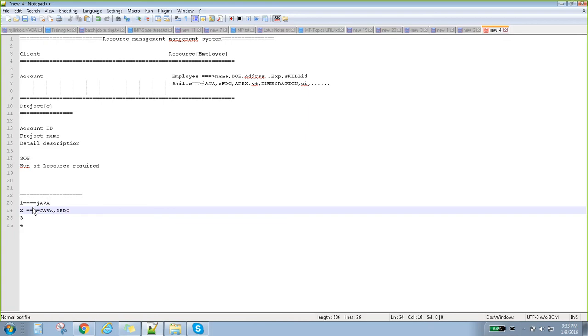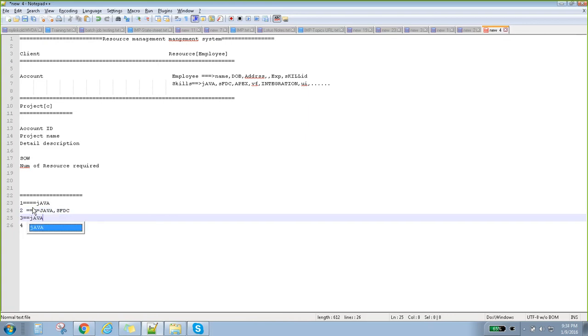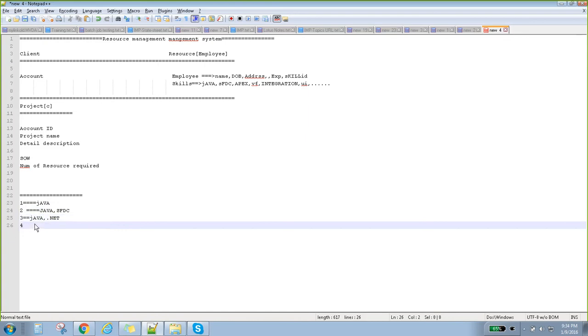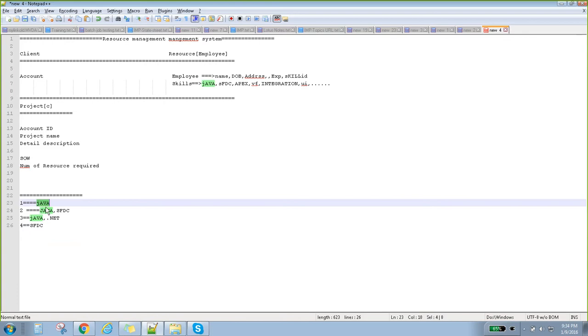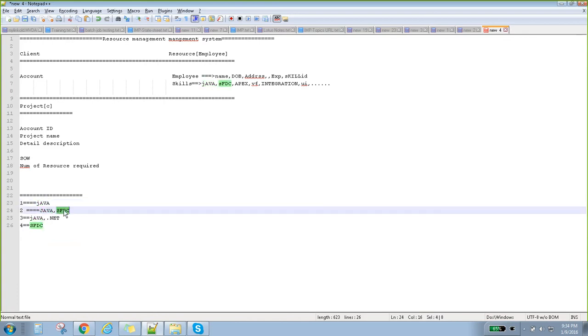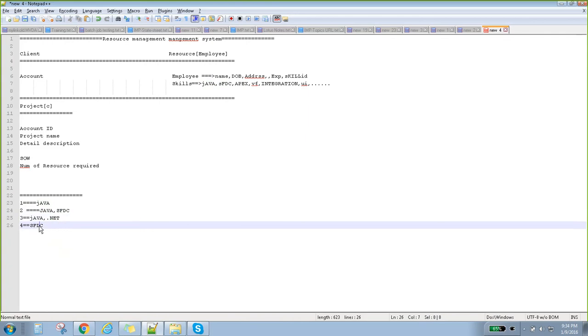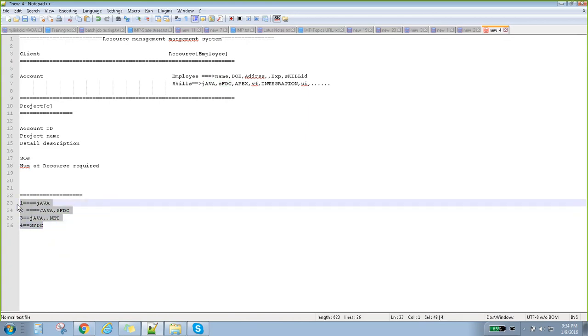Java, SFDC; Java, .NET; and SFDC. Assume each is 1 byte of data being stored. So 1, 2, 3, 4, 5, 6 bytes are stored here for only this. If you are referring to it as a lookup, then it won't take that much memory here. That is nothing but normalization.